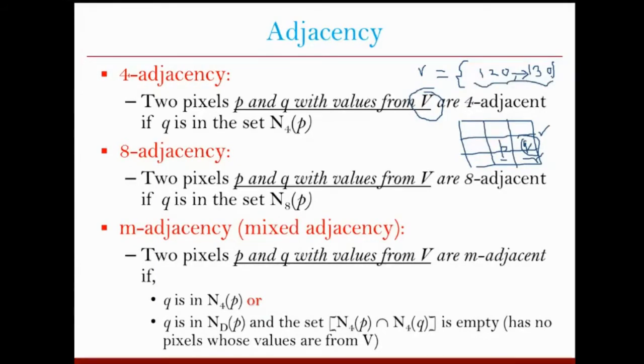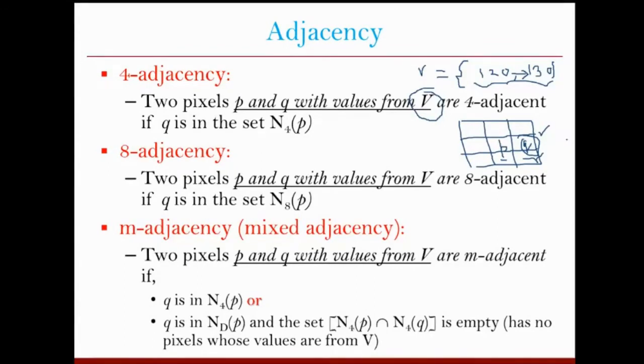All right. So when we say that both the intensities are coming from set V, we basically mean that they both have similar kind of intensities. Because when we define the set V, we don't take a very large interval here. Because if you take a large interval, then there is no meaning of defining V, because then it will contain too many variations and too different variations. So that is why this V set will always be a small set. And from that set, if the pixels are taking the intensities, then we can consider them adjacent, provided they satisfy the neighborhood criteria.